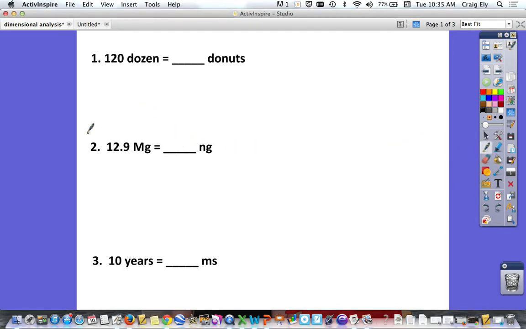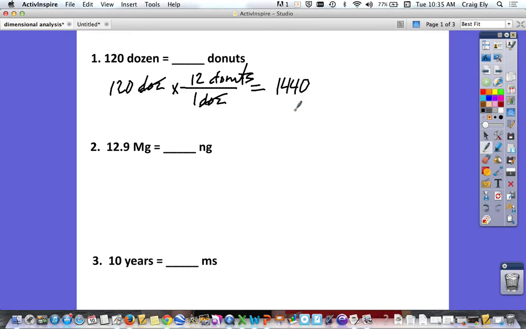I've got 120 dozen donuts, and I want to know how many donuts that equals, right? So let's set this up. I have 120 dozen. Let's just do DOZ for dozen, all right? And then I just want to do my equality. I need to show in a dozen how many donuts there are. So in 1 dozen, there are 12 donuts, all right? And I want to set this up so that my starting unit can get canceled out, okay? And then since I have a 1 on the bottom, I just multiply 120 times 12, and I get 1,440,